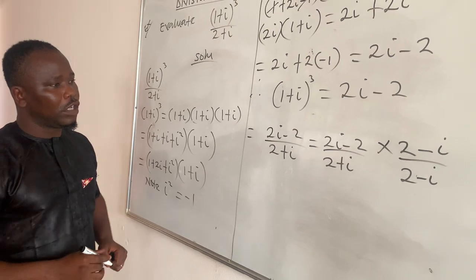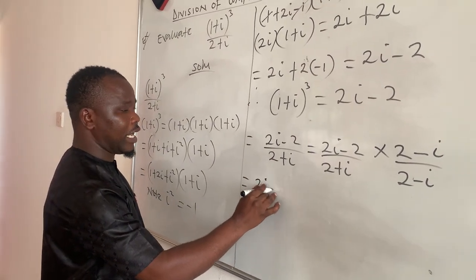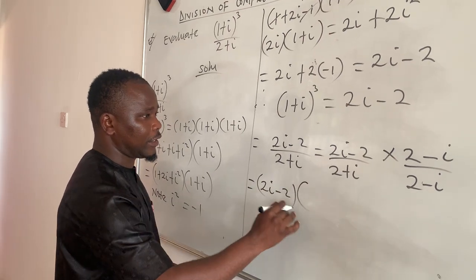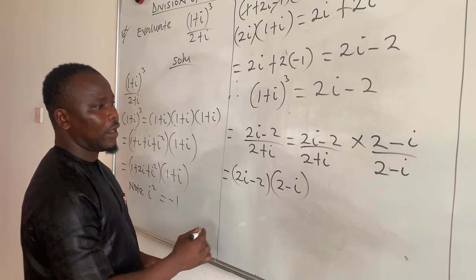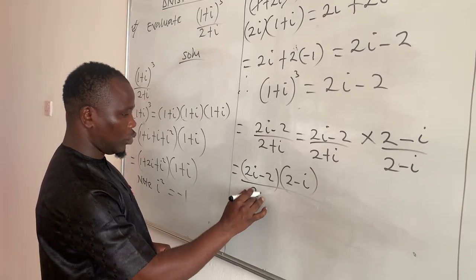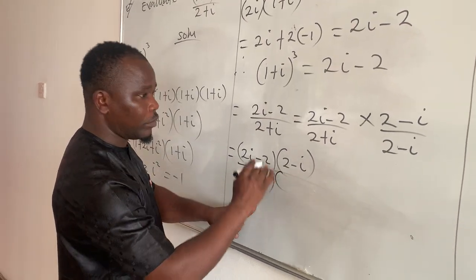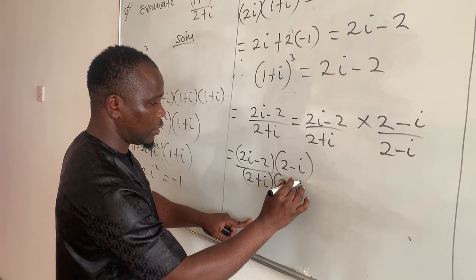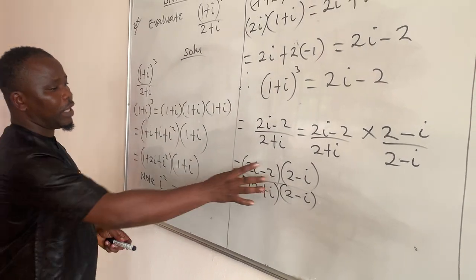So this is the same thing as (2i minus 2) times (minus i, 2 minus i, 2 plus i) all in brackets, over (2 minus i). We are going to multiply